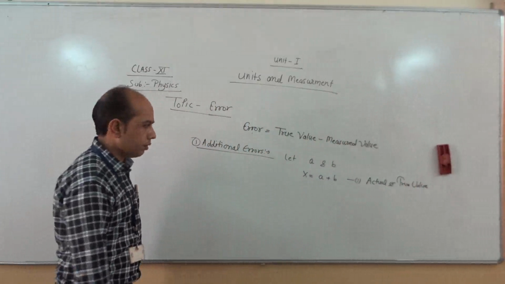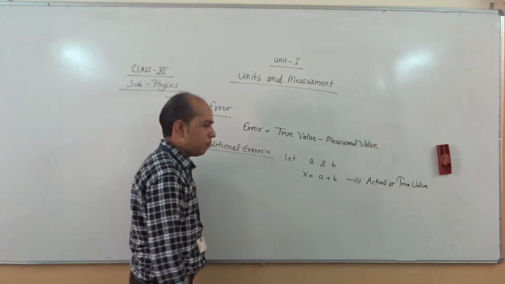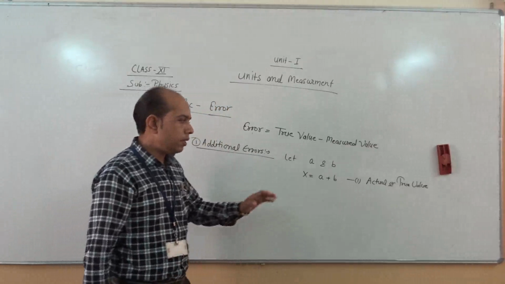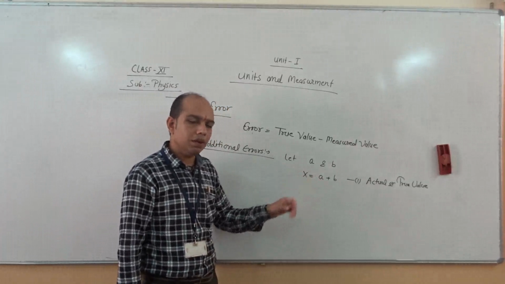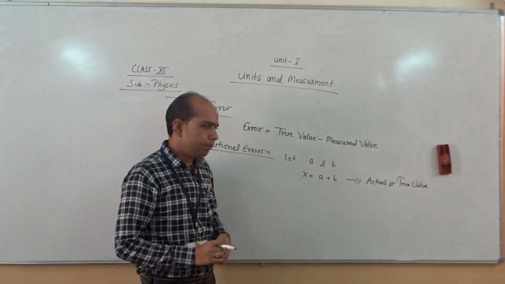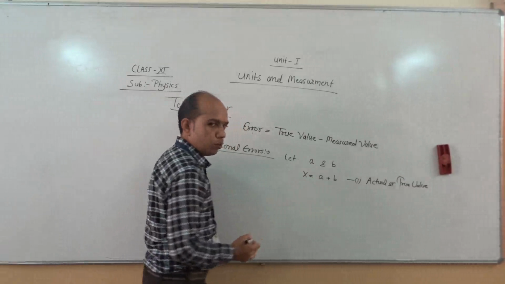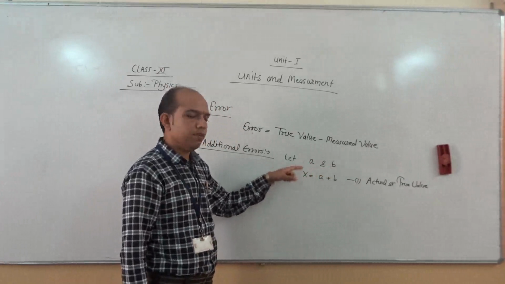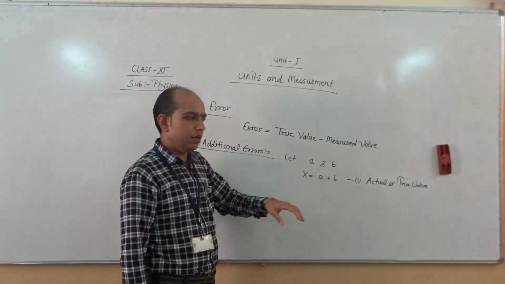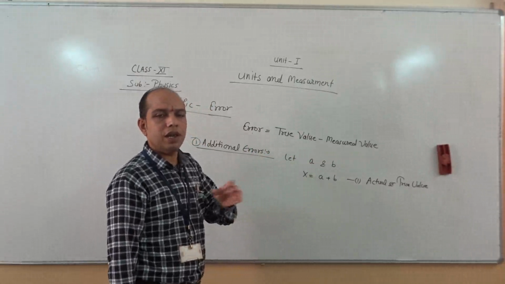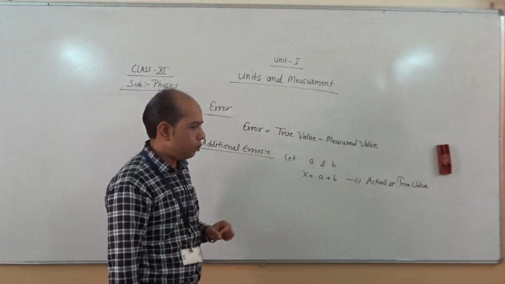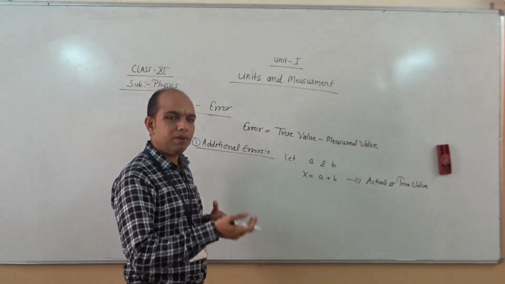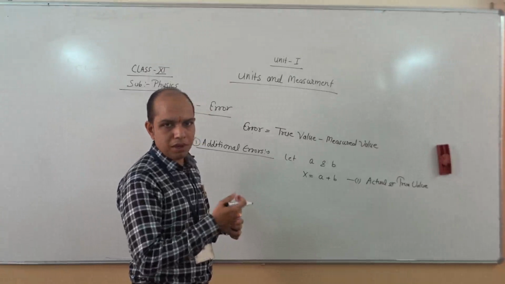Now suppose in the A part the error is plus. As we know, errors may be positive, negative or zero. So for example, suppose A is 2 and B is 3. So 2 plus 3 is equal to 5. But when someone calculates the value of A, it may reach 1.9, maybe 2.1, but not actually 2. So it may be 2.1, it may be 1.9, so maybe plus or maybe minus.